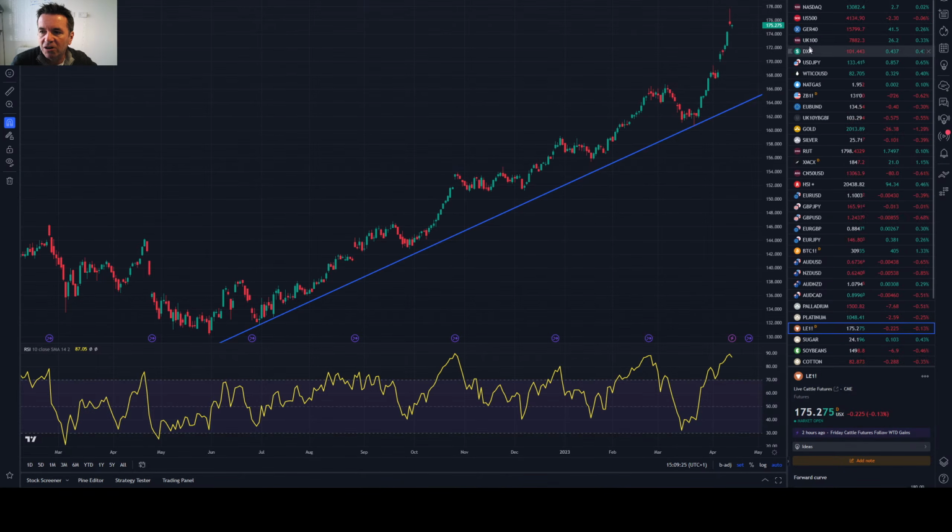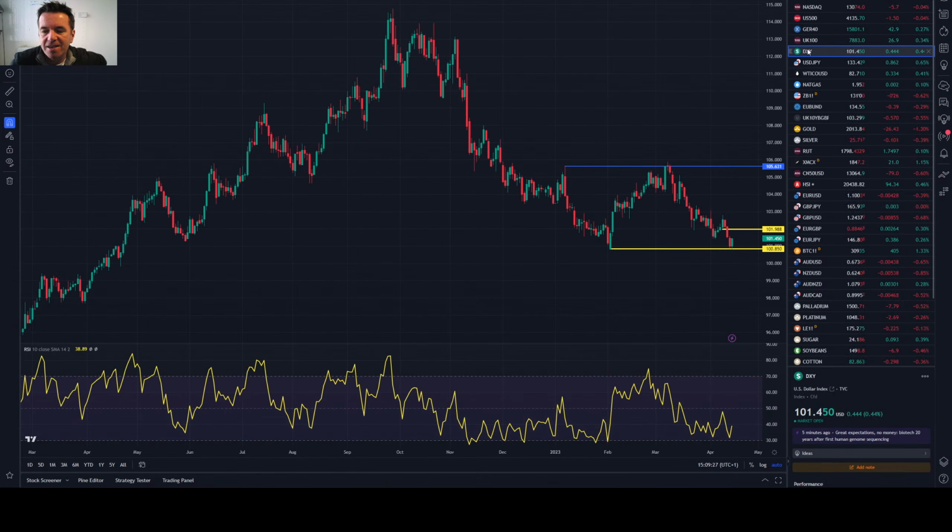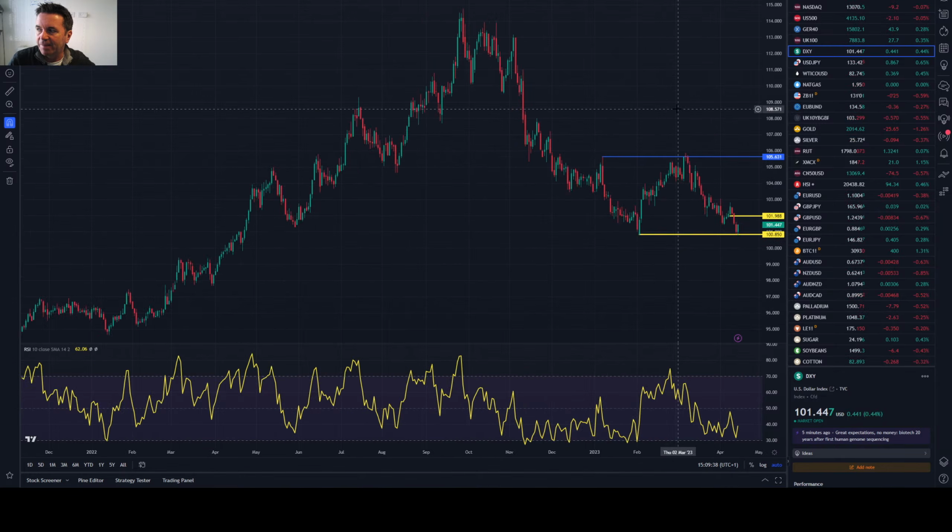I'm also short the dollar index. If the dollar index broke down next week below that level, I would add to my short in the dollar index. So I will add to it, but it has to be showing a decent profit for me to think about adding to the trade. So I hope that answers it.